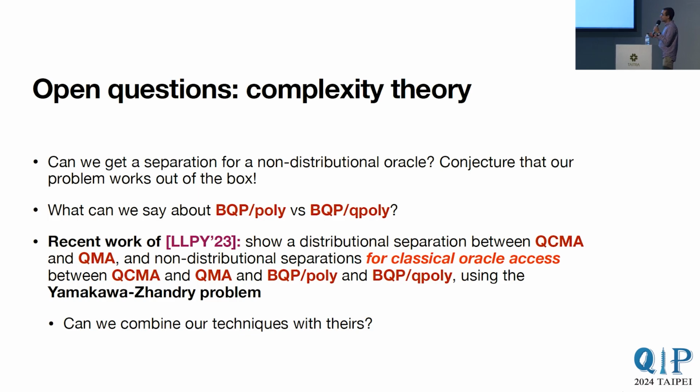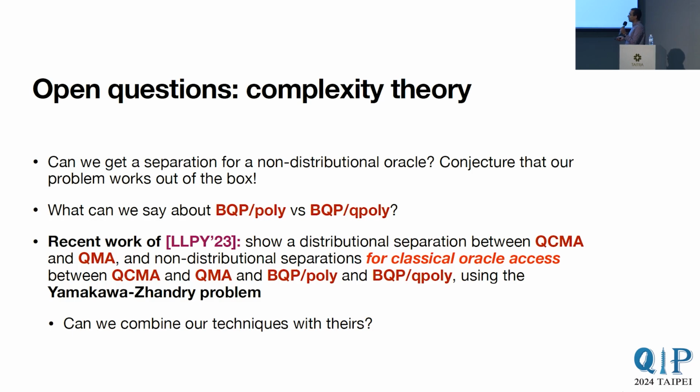Some other questions, which were pointed out to us afterwards: the distributional restriction is unnatural in the QMA versus QCMA setting, but you can view it as saying something about BQP/poly versus BQP/QPoly, so computation with advice. The idea of advice is that you get a string that depends not on the whole instance, but just the instance length. So it's similar to here, where the advice is restricted in what it can depend on. And there was a recent work of Lee, Liu, Pelecanos, and Yamakawa that showed